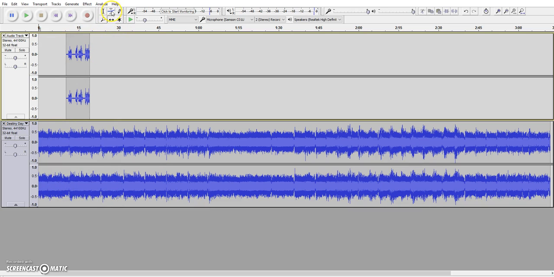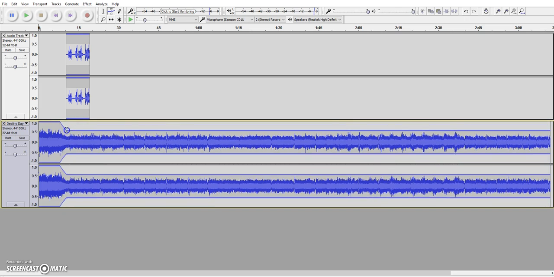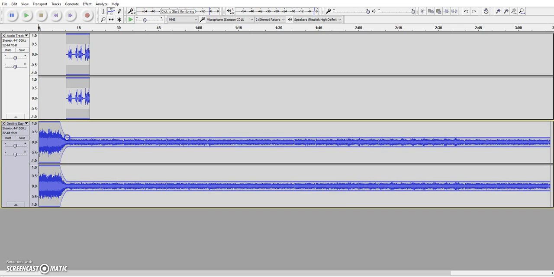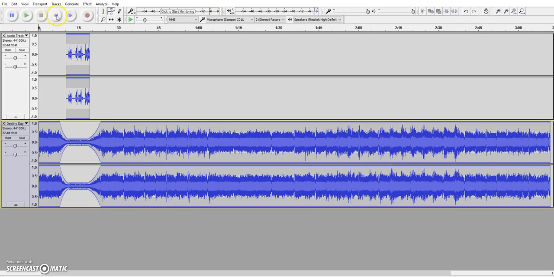And then you click on this little funny looking envelope tool right here, and you can have it start out loud, and then click where you want it to start getting quiet, and then make another click and pull it down. And look, it's making it quieter. And then when you're done, you can click it again and make it louder again. So it'll go like this. And then it'll start getting quieter,